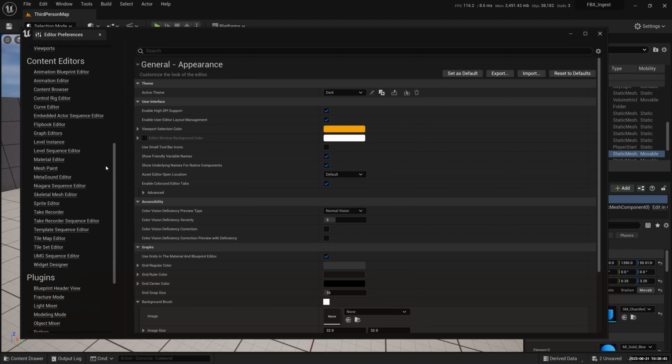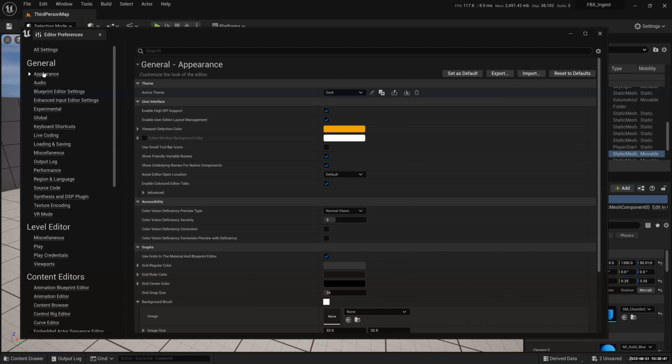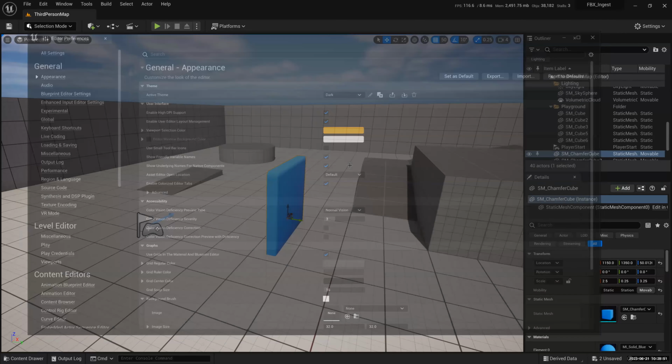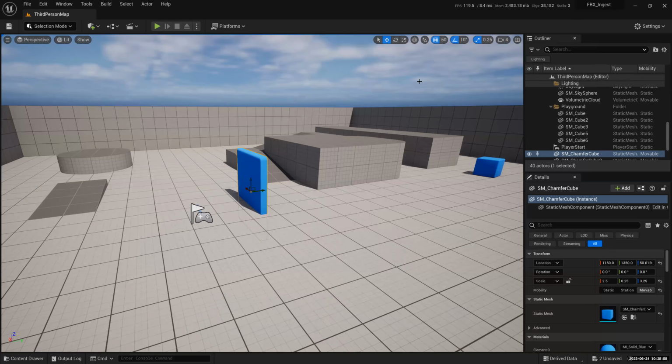Material editor. There's a lot of stuff you can play around with here. As you get familiar with Unreal Engine, you can come and play around with all this stuff. Cool. So that's how to make your life a bit easier by changing the settings of your viewport so it does not lag, and the keyboard shortcuts that we have.